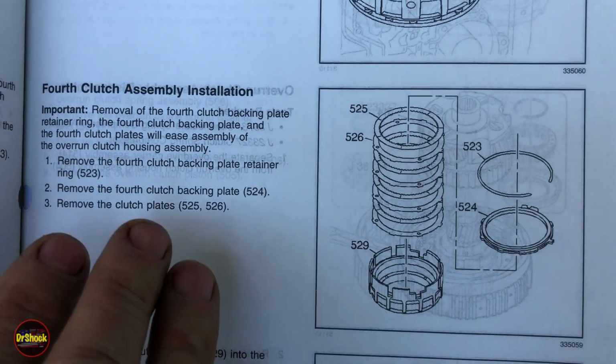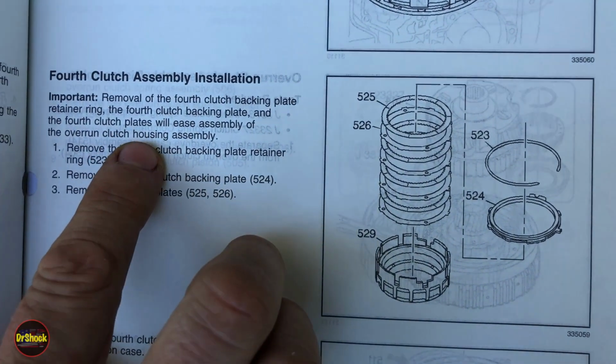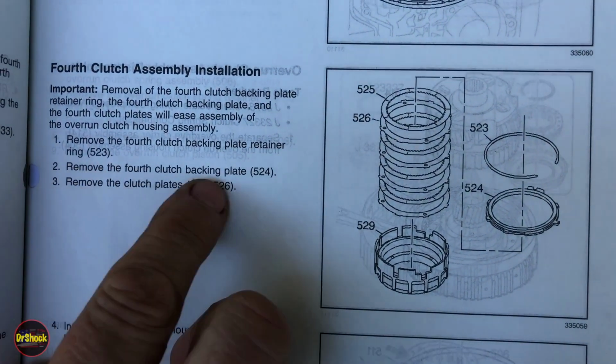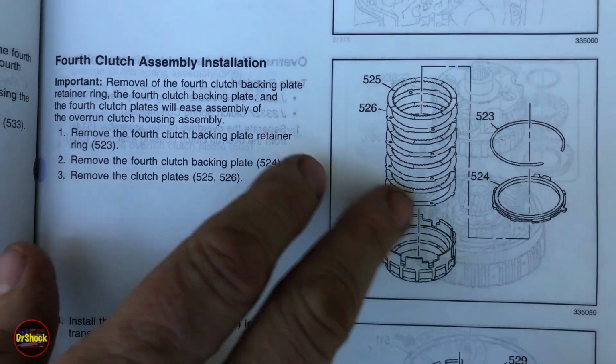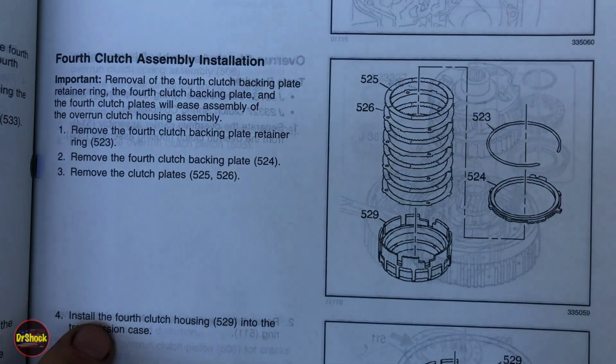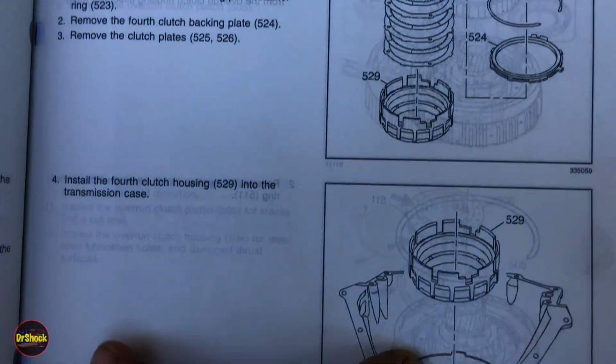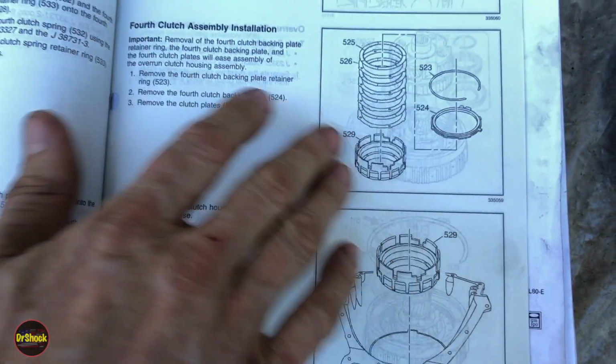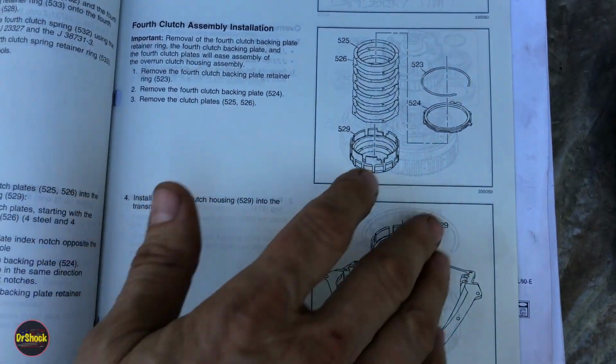disassemble it, right? So for easier installation of the Overrun clutch housing, GM recommends that we take the backing plate retainer, backing plate, and clutch plates all out of the housing, and then put the housing into the transmission case without all those internals, and then we'll build this clutch up over again around the Overrun clutch when we